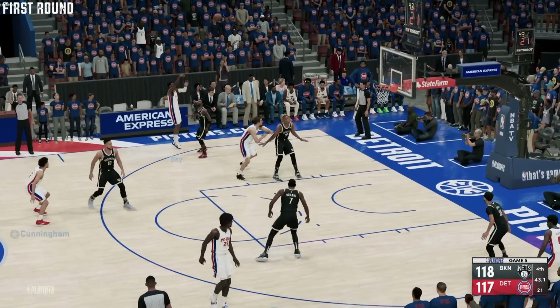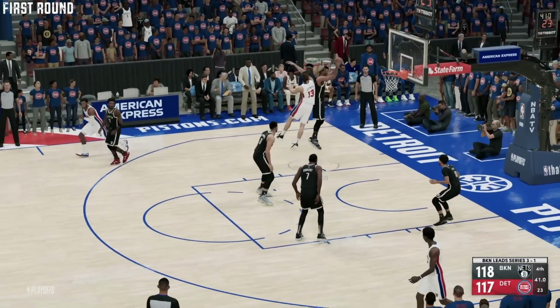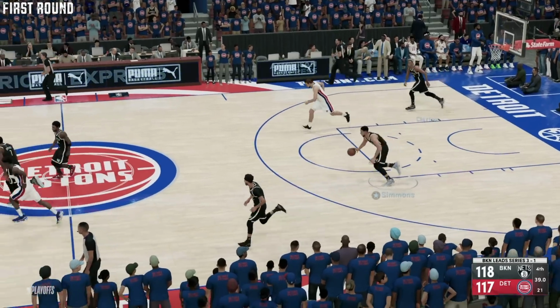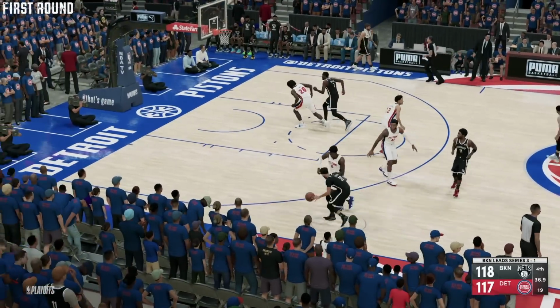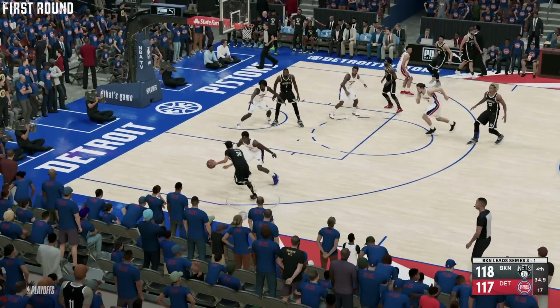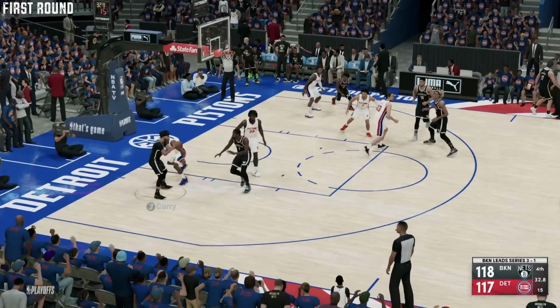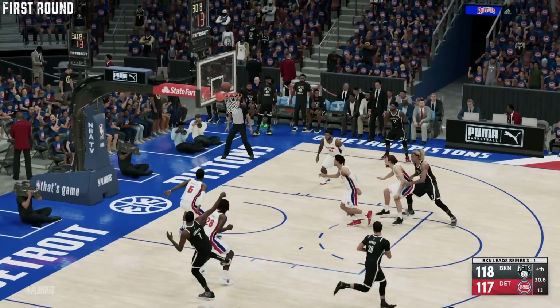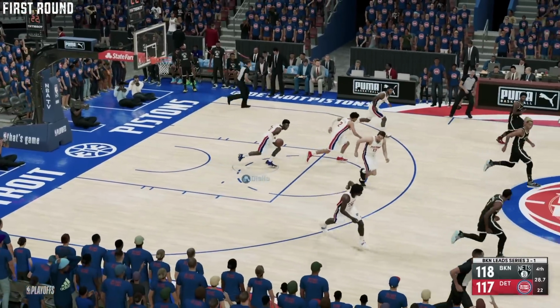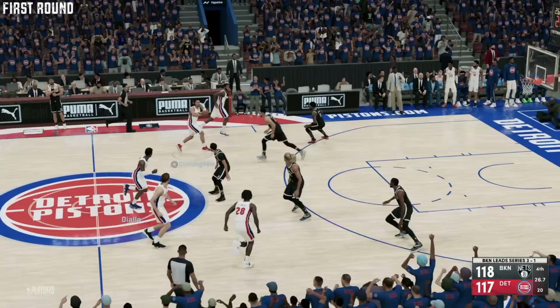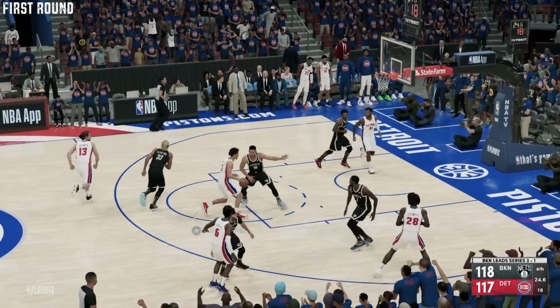It is the Pistons down by 1. This is for the lead. No good. And the Brooklyn Nets are trying to close out the series in 5 games. They are up by 1. They are not looking to go to game 6. They're looking to end it now. Seth Curry in the paint. Durant shot over Stewart. It's no good. Can the Pistons score and win this game to keep the series alive? I mean, they're down 3-1 right now.